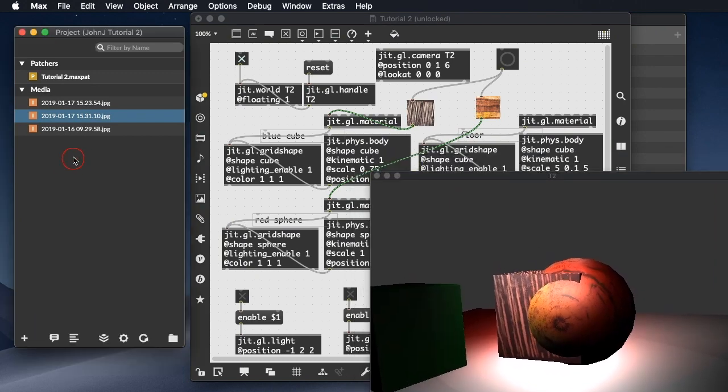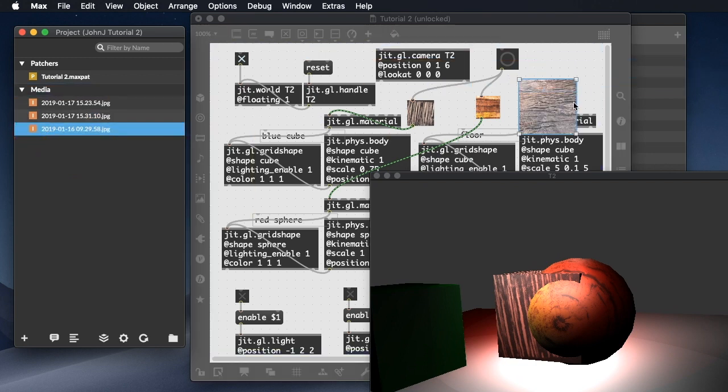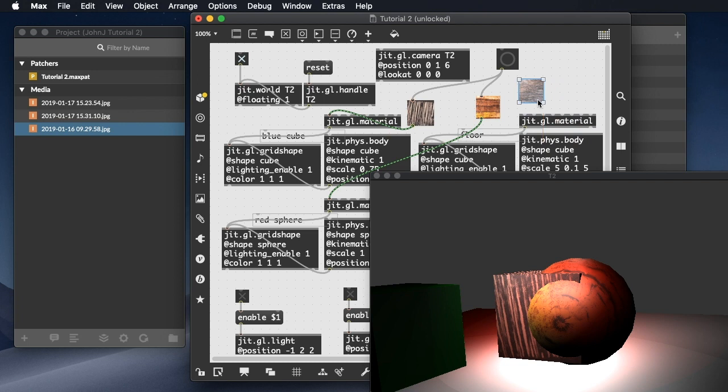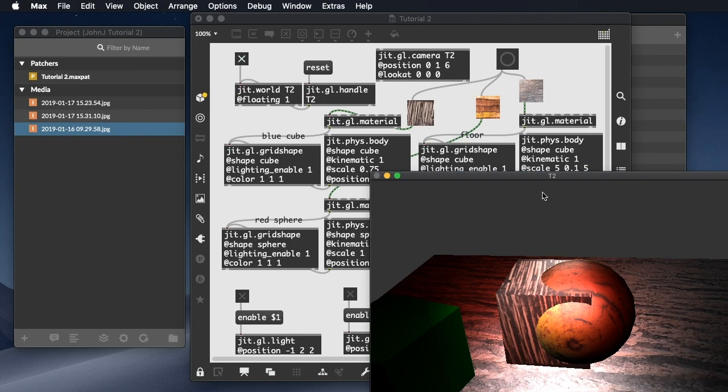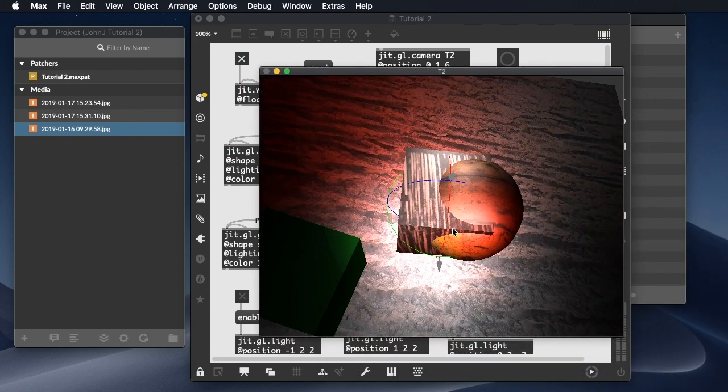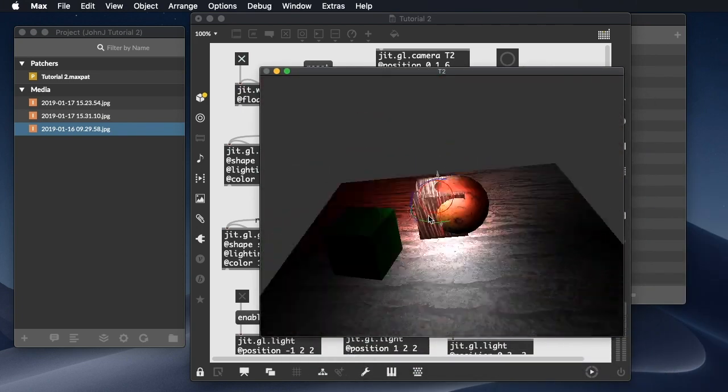And I can take a third texture, drag the texture in, and I can texture my floor with this one. Again, using the same button if I want to. There, and now my floor is textured. So you can see you've got a much different and more interesting